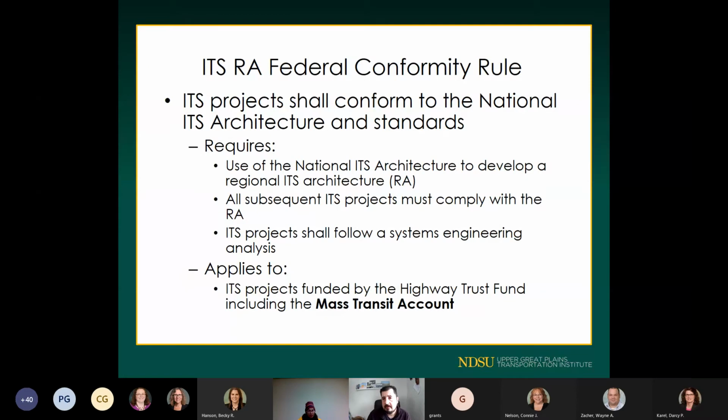Now, getting to that federal conformity rule, which is, I think, the reason why we're doing this presentation today. This came out in the early 2000s from Federal Highway. It specified that any ITS project shall conform to the national ITS architecture and standards. And what that entails is, first of all, that you need to have a regional architecture that was developed based on the national architecture. That was the major effort, and that's something that several MPOs and the North Dakota DOT did in the early 2000s again. The first version, I believe, was 2004, 2005. And these architectures have been updated since